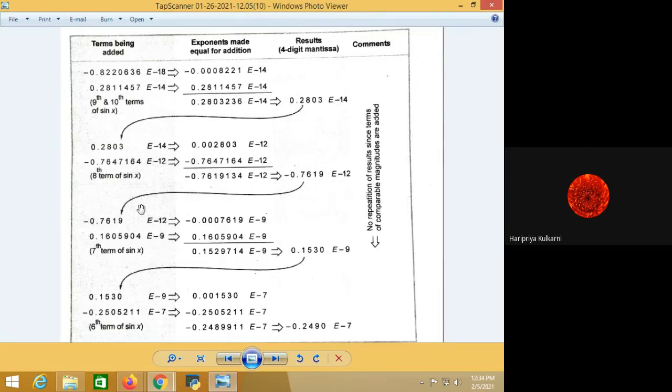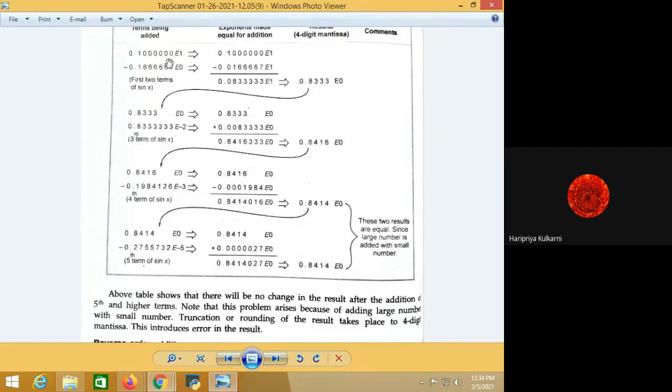Again, now this result I'll add with the seventh term. So you are getting, say, this result. I'm adding it with the sixth term. I'm getting this result. Now, if you observe all of it, you can see the answer is continuously changing, right? And it is not the same even after the sixth term is added. So exactly four iterations here we have performed in a reverse way, and in the last case from the first term we have performed four iterations.